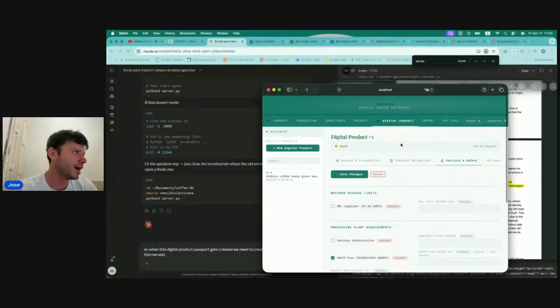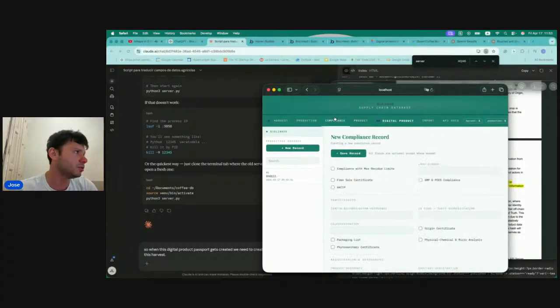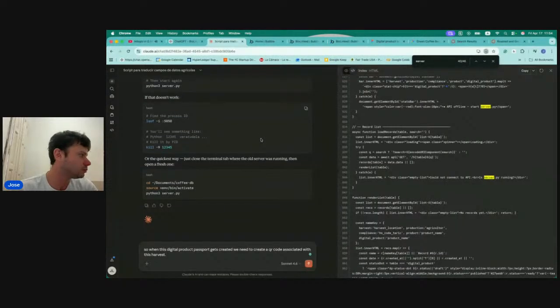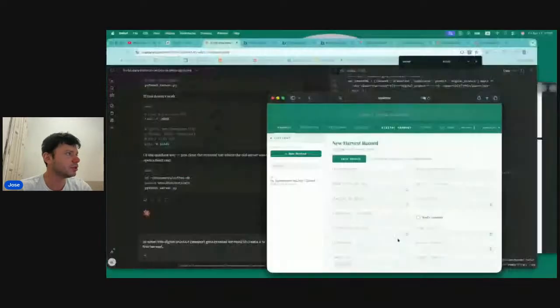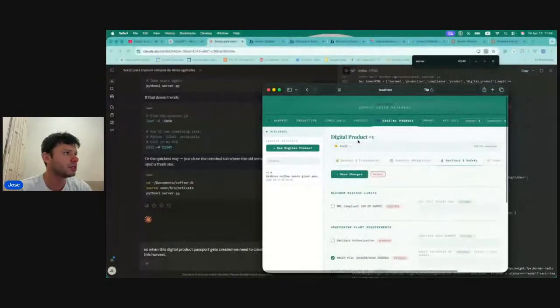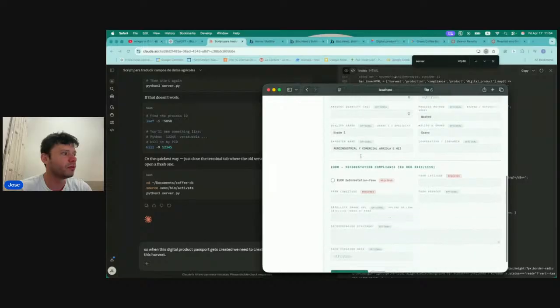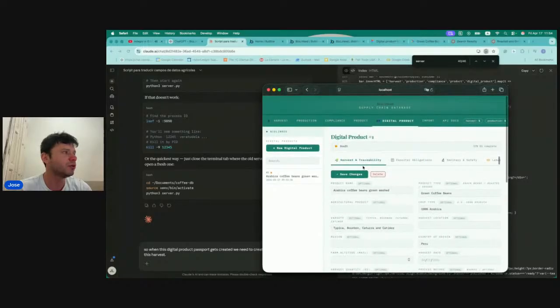Now, what we need is to clean this up a bit. Let's see what's next. Oh yeah, we need to create the QR code for each associated harvest. So this digital passport is essentially for what we harvest. From this harvest, we need to be able to create